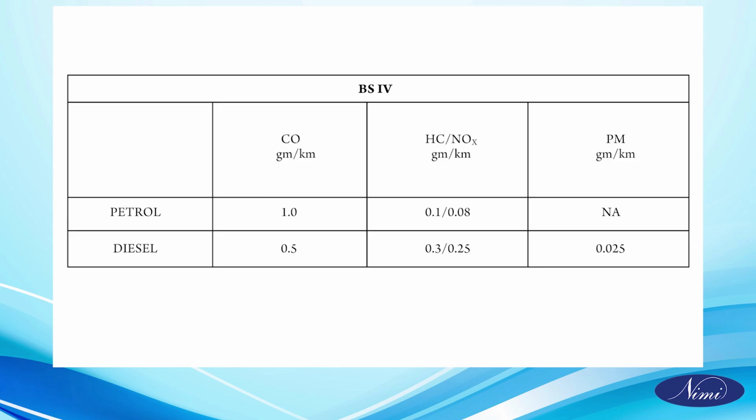BS4 petrol CO, gram per kilometer: 1.0. Petrol HC and NOx, gram per kilometer: 0.1, 0.08. Petrol PM, gram per kilometer: not applicable. Diesel CO, gram per kilometer: 0.5. Diesel HC and NOx, gram per kilometer: 0.3, 0.25. Diesel PM, gram per kilometer: